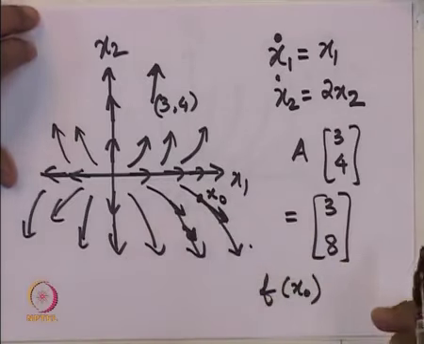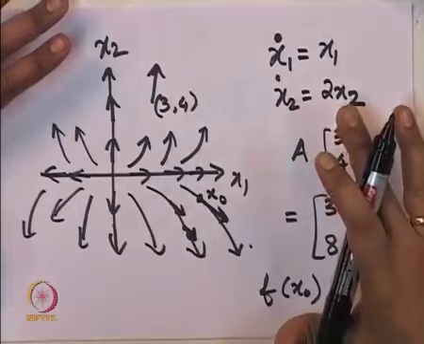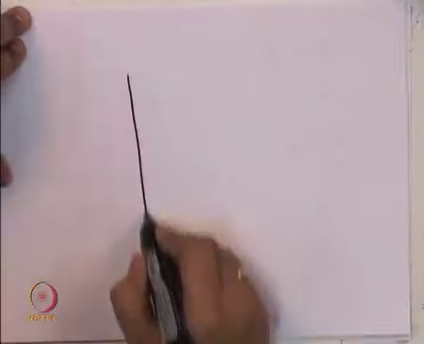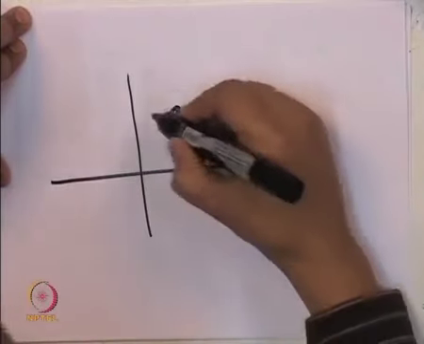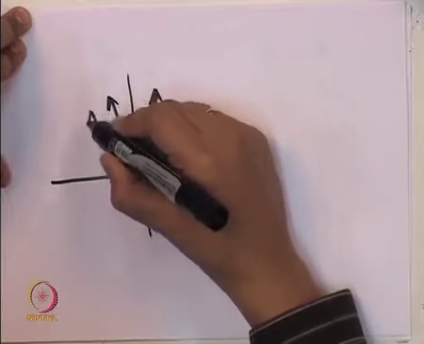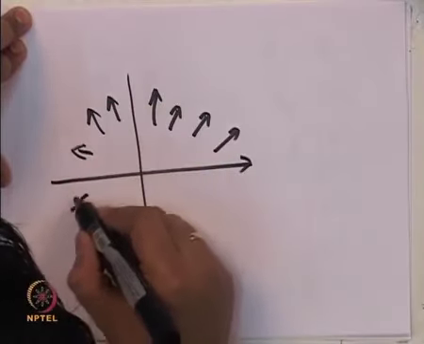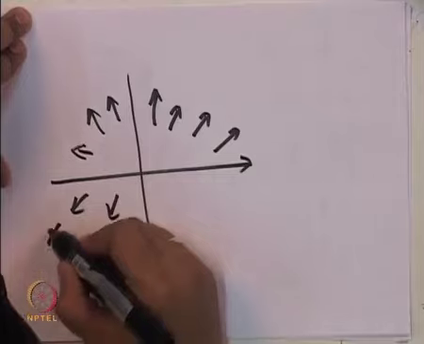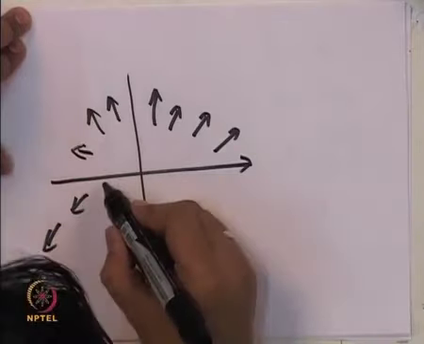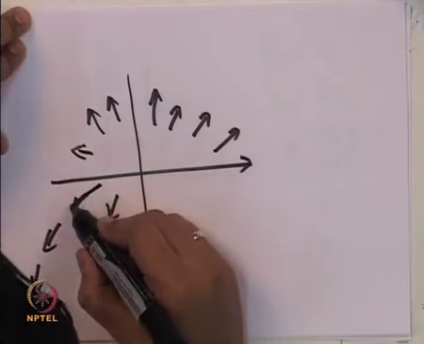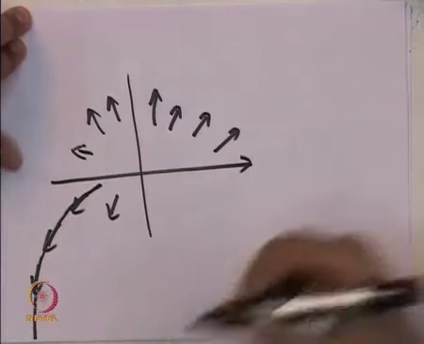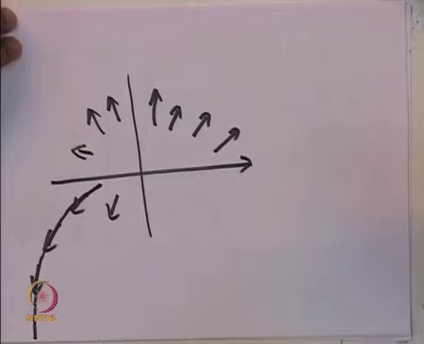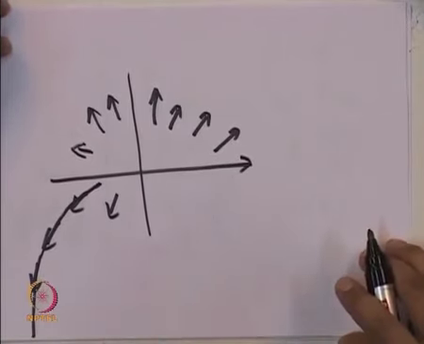Conversely, if somebody gives us the vector field, if they give us arrows drawn at various points, so, let us see this example. Somebody gives us arrows at various points. Then what is the solution? We just go along these arrows and we complete all these arrows into a curve. That is how the solution to a differential equation looks.